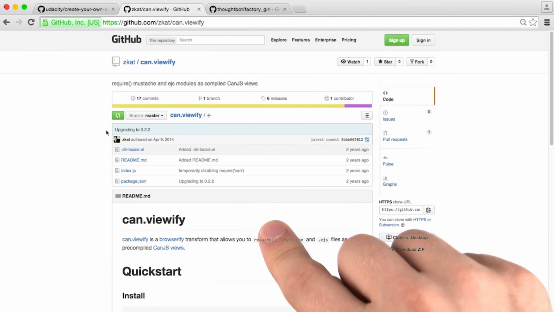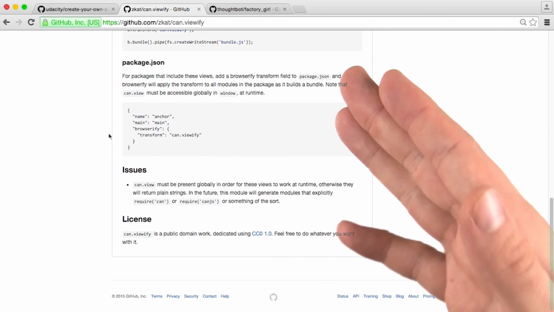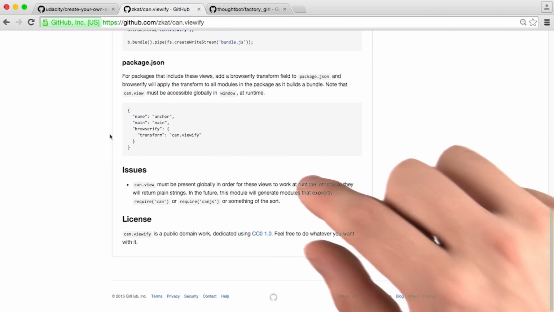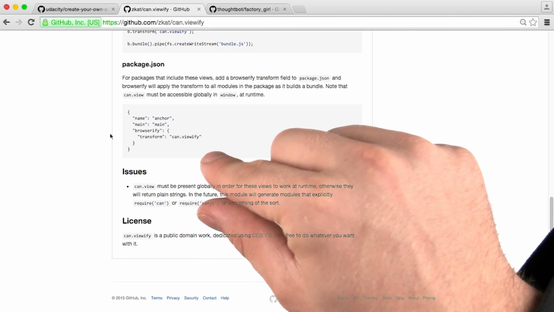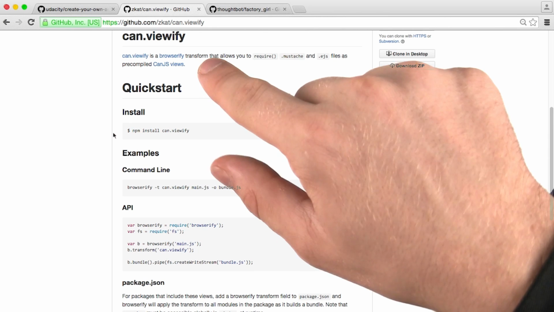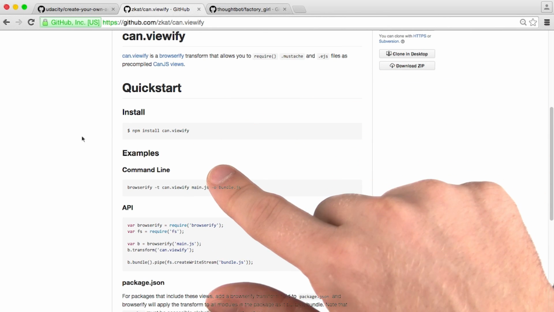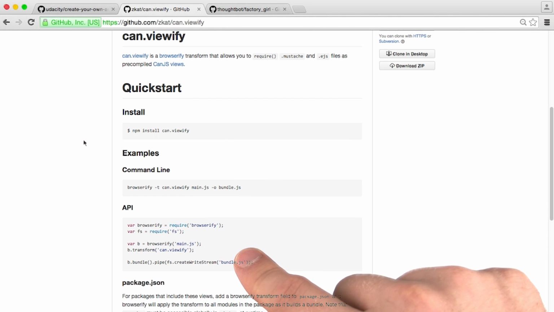Next, we've got CanViewify, which is a personal project by my friend Kat. This one is considerably shorter, but it seems to be structured in a similar way with lots of short, clear sections. We've got our description, we've got our installation instructions, and this is a little different, we have some usage